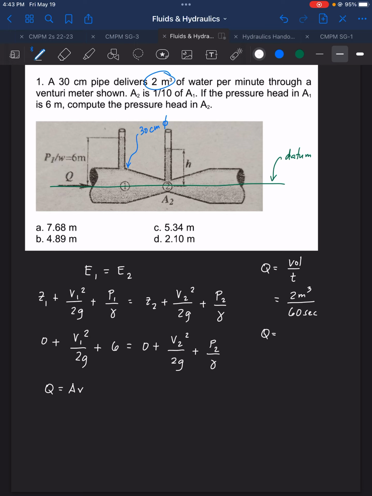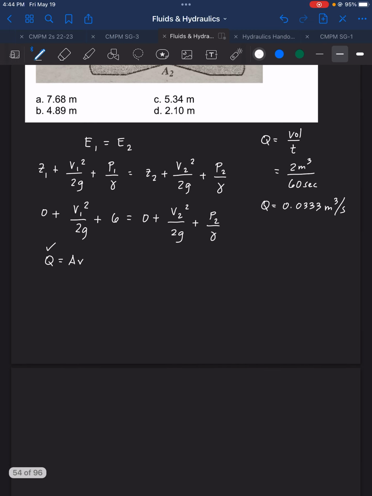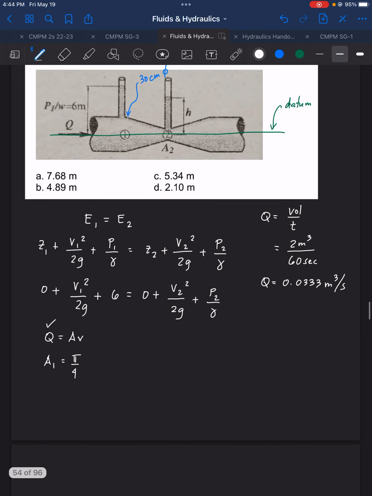That is 0.033 cubic meter per second. So now we have the value for Q. How about the area? We have different areas. Area 1 is equal to pi over 4 times the diameter, which is 30 centimeters or 0.3, squared. So that is pi over 4 times 0.3 squared, which is 0.07